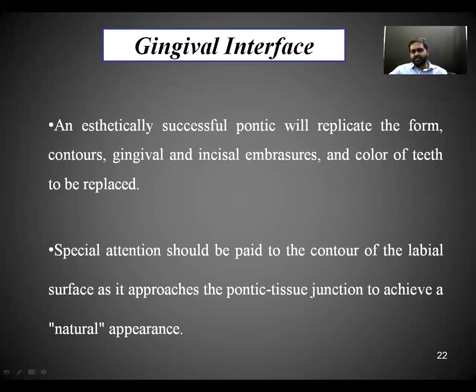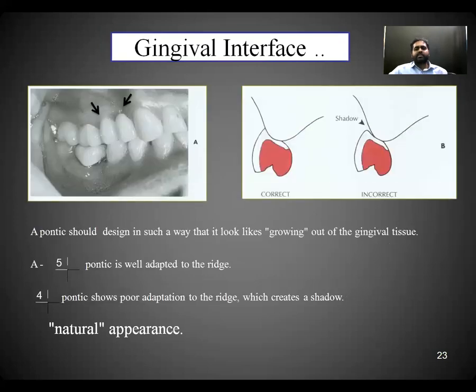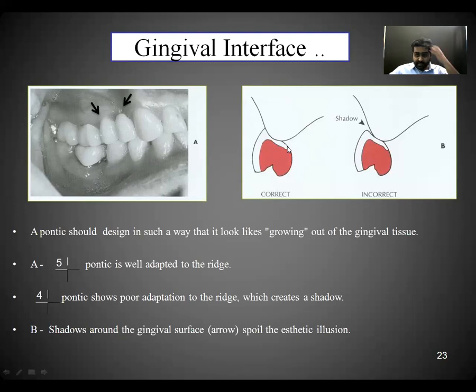So now we have the gingival interference. There should not be any interferences seen between your gingival tissues and the pontic area which is in contact with the tooth surface or the ridge part. So basically we can see in the diagram, the V diagram, that the tissue ridge contact is in such a way that it is very easy to maintain, and it looks like it is coming out of your socket.